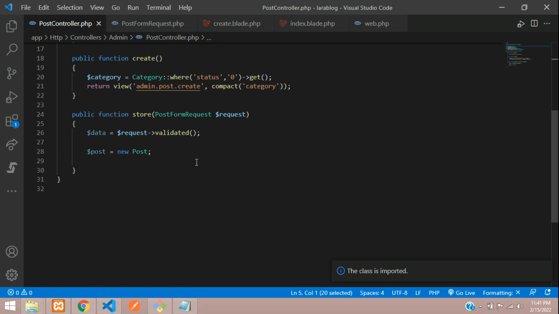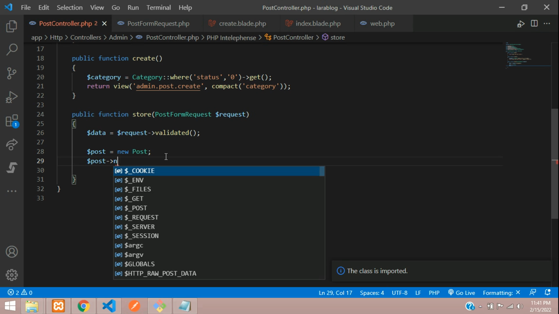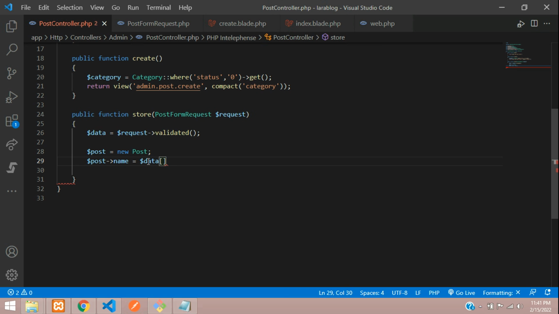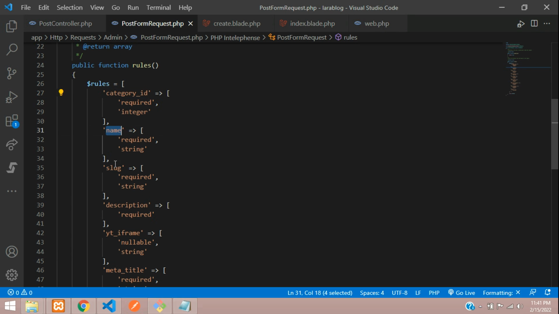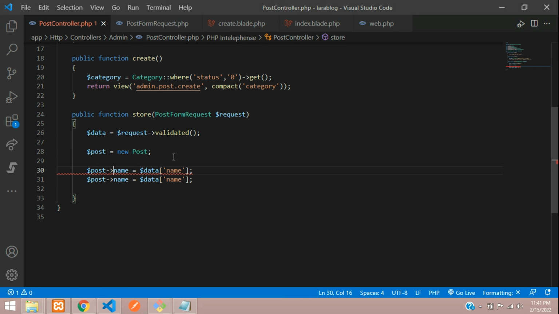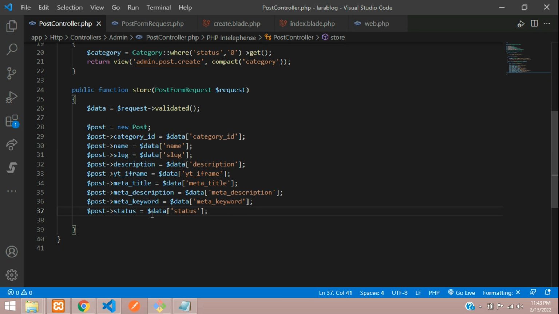All done. So here is your post model, and let's call your database column field name equal to $data of what name. Okay, I mean these fields, category ID, name, slug. So we are beginning with category ID first. Yep, let me copy and paste. So guys, let me just add all the fields over here. So yep guys, I have just pasted all the fields, and coming back to the status part, we will just directly take the request. Okay, so double equals true. If this checkbox is checked from the blade file, then you are going to tell one, else 0. All set. So now guys, let's save this